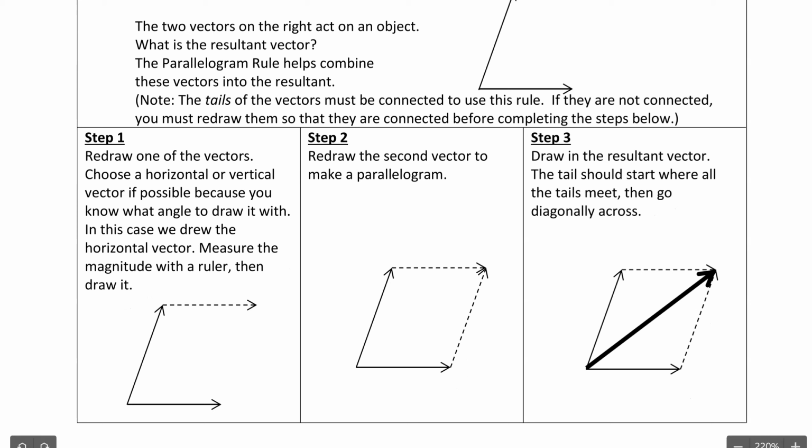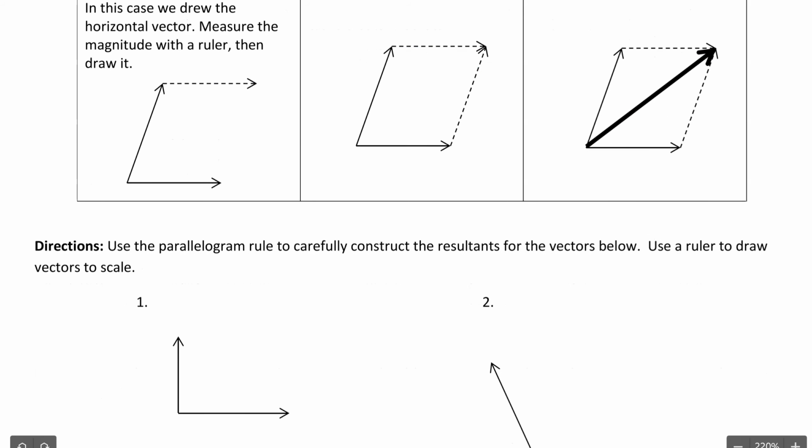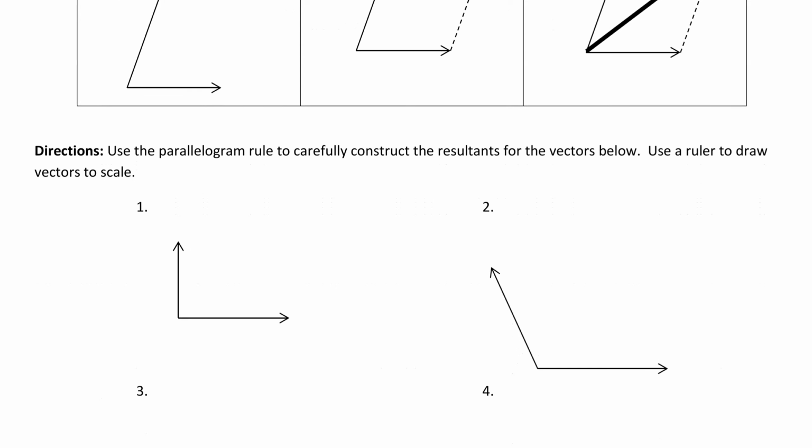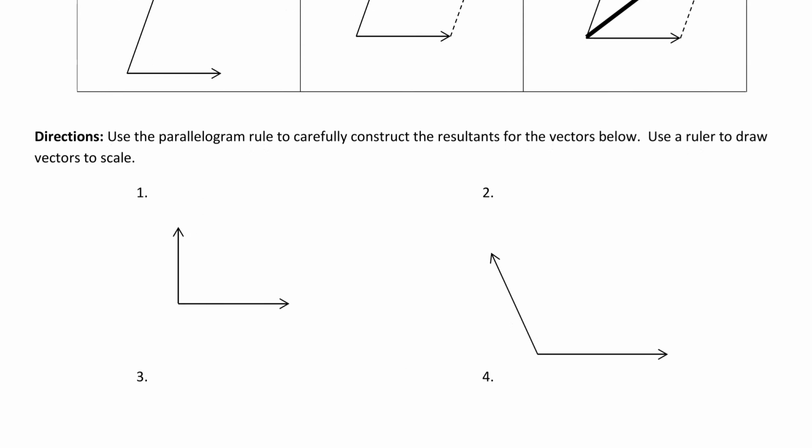When I redraw the vectors for this, I'll make them blue. So it'll look like this. You make that, and then I'll make the resultants. As always, the resultants are going to be red. So let's get started. Number one, we're going to use the parallelogram rule to carefully construct the resultants for the